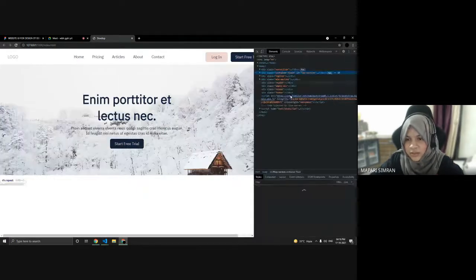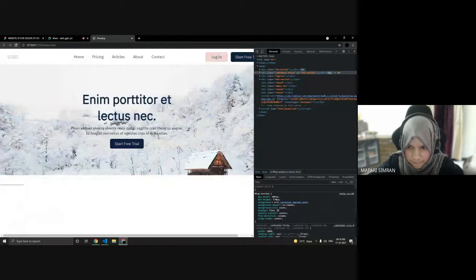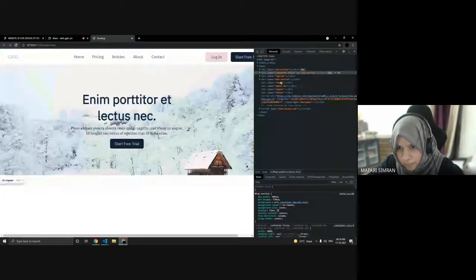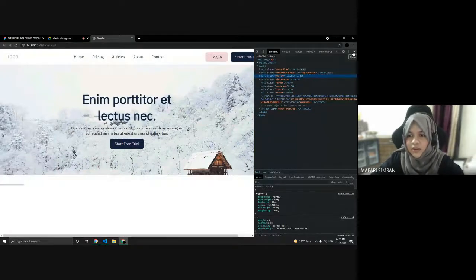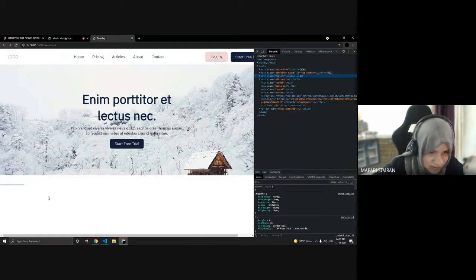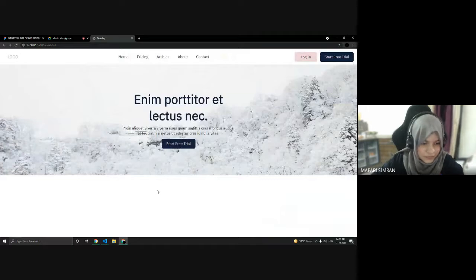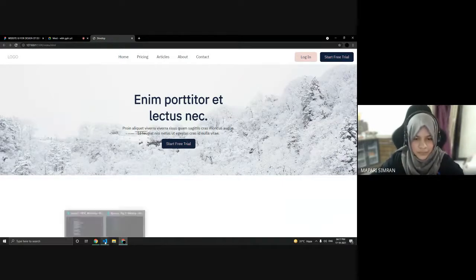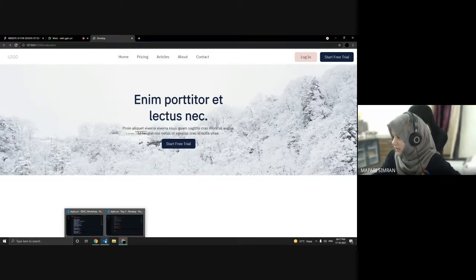Let me inspect this page. Okay, it's inside because the height is small. Let's check the height, because the height is getting more than the top section.